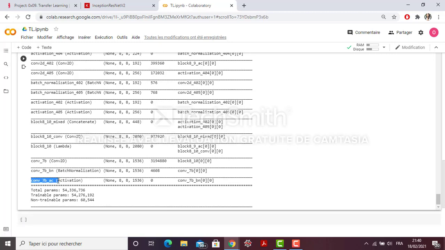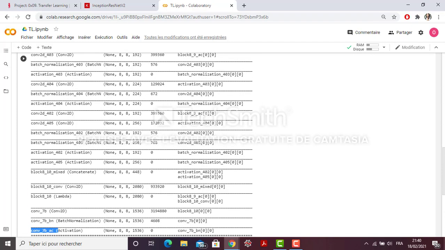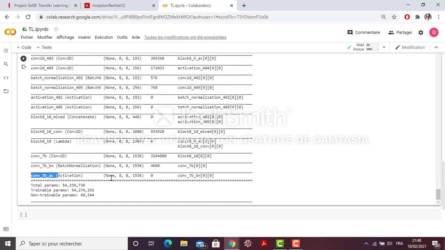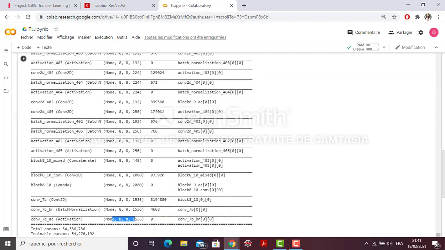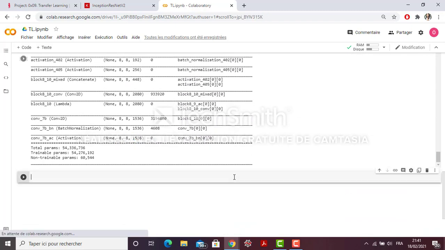So I don't have a dense layer, a flatten layer or an average pooling layer, but I need them later on to flatten my convolution layers. This is the output of the convolution layer; the output has an 8x8 shape. So this is the base model that I'm going to use.